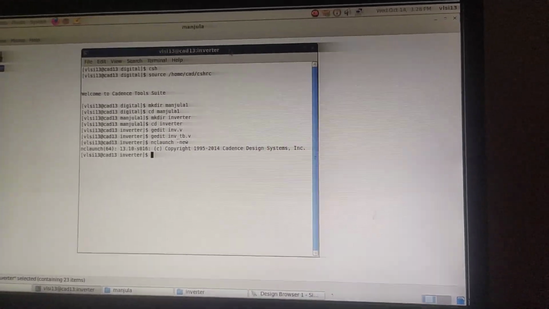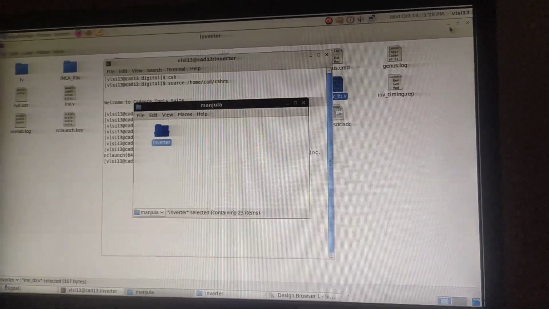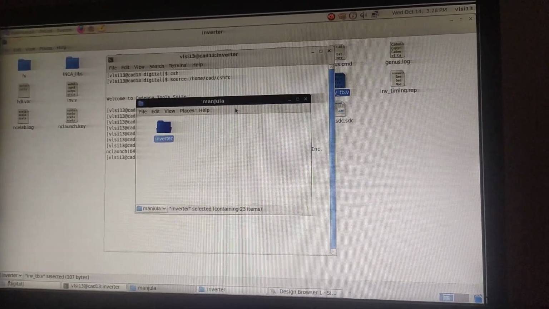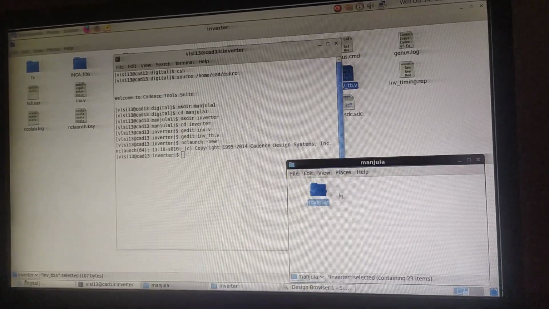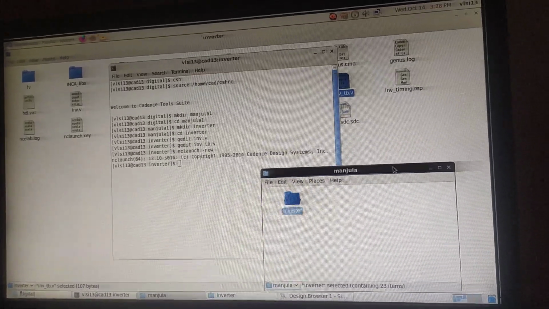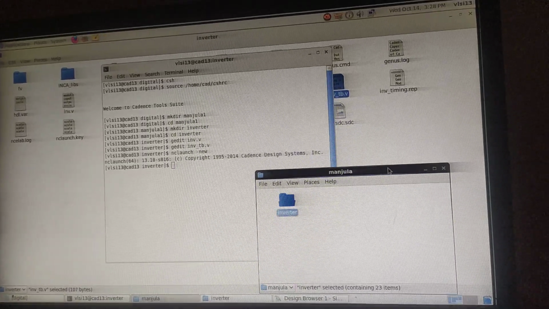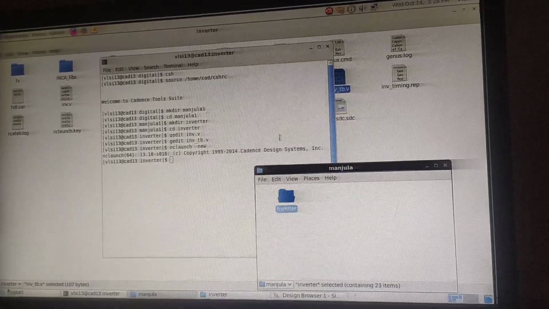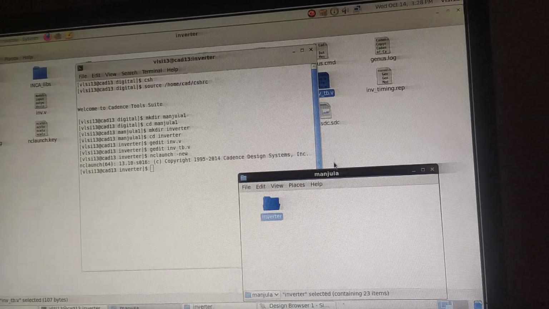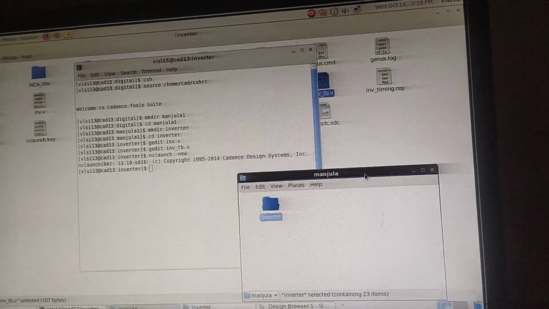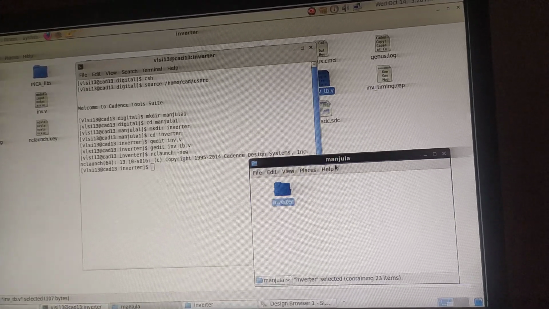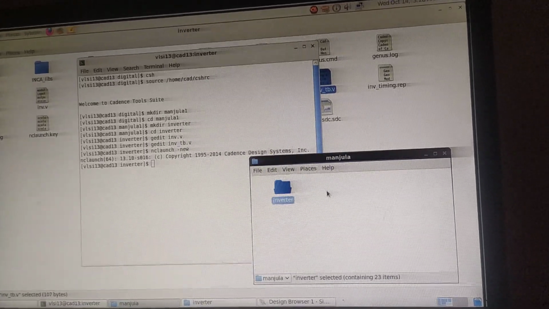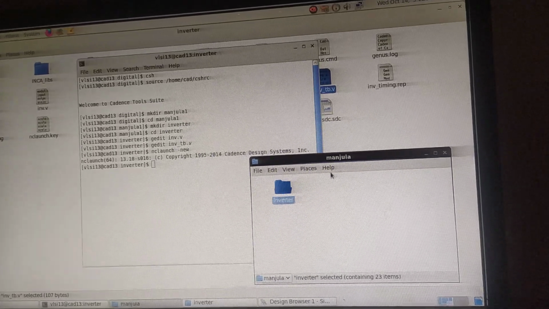Okay, so now when we go for synthesis, what is synthesis? Synthesis is nothing but, already you have written the behavior of the system, using either a data flow, a behavioral, or maybe a structural description. Probably this inverter is a data flow description. Whatever RTL code you have written, that RTL code is converted into a netlist, which is nothing but gates along with their interconnections.